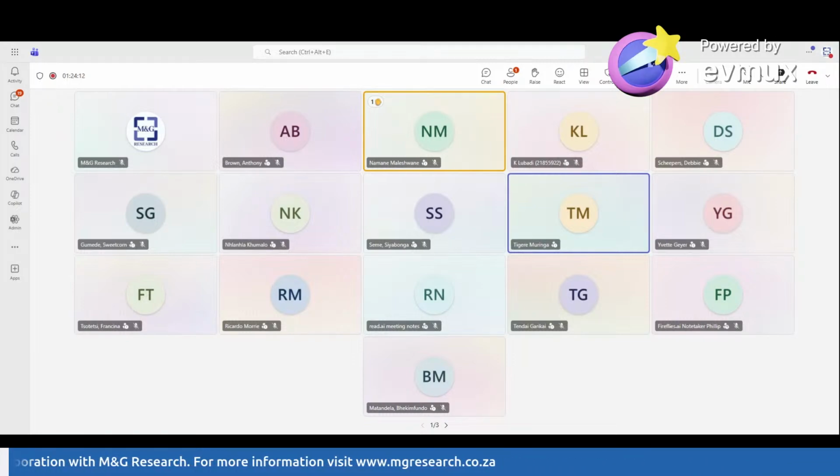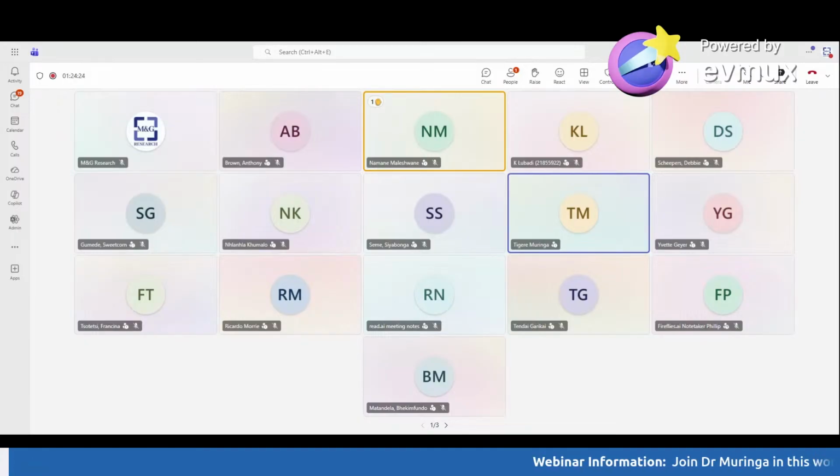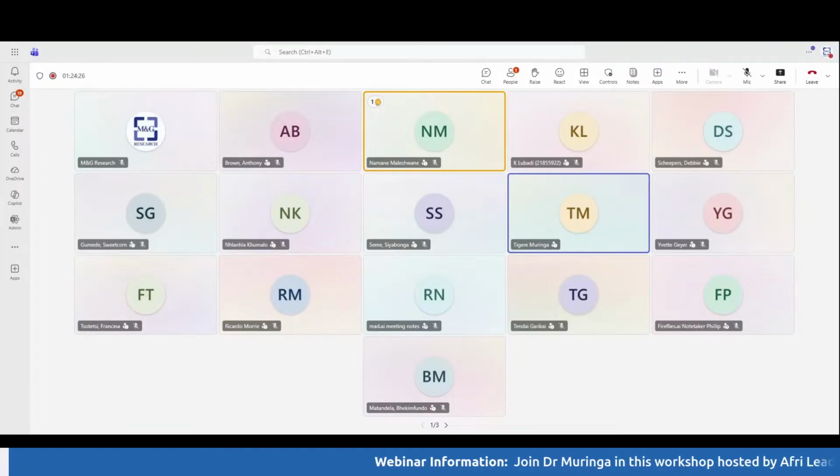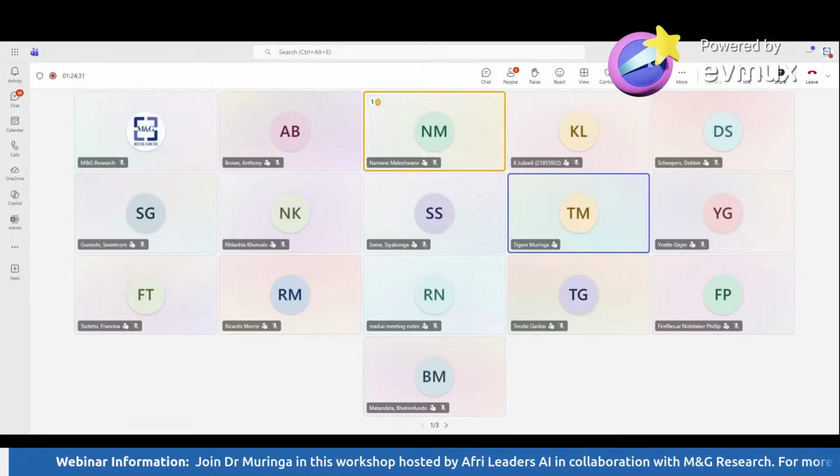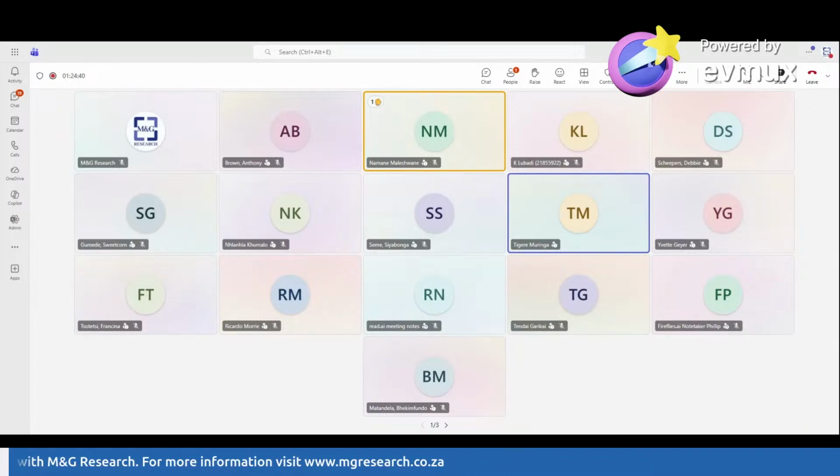Those are issues that we are still grappling with as researchers in terms of data, right? But data is normally encrypted both in transit while being uploaded, and also at rest. It stays in their servers, right? For example, your ChatGPT, it stays in their servers, and because we do not have local servers,